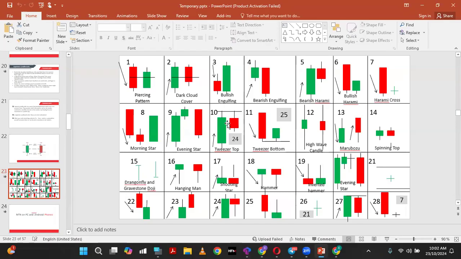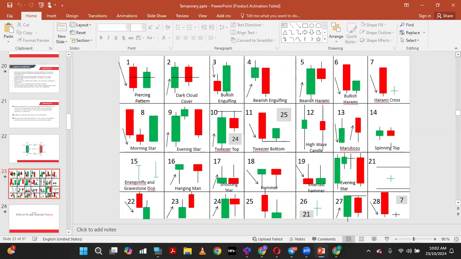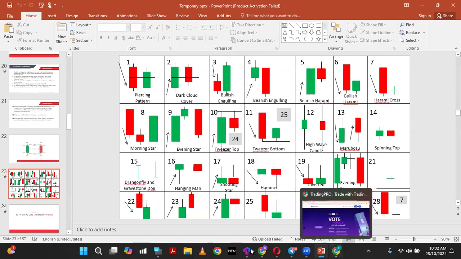So you have what you call tweezer tops and tweezer bottoms. These tweezer tops are what you call like railway tracks. These candle patterns are referred to as railway tracks, and they are very important. They are very important if you know how to use them. So these tweezer bottoms and tweezer tops, they are like,